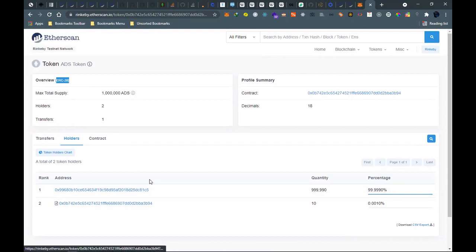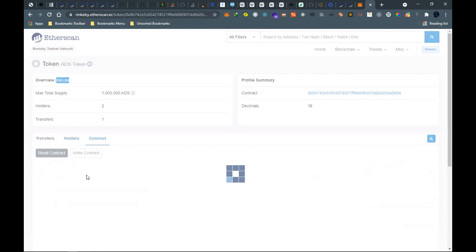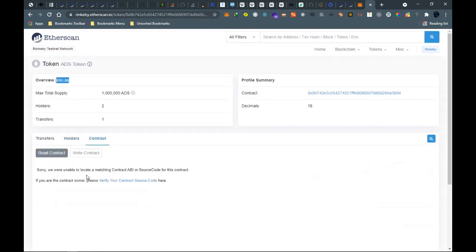Sorry for not being able to verify, but you have basically seen how you can verify the contract, even though it hasn't worked in our favor.